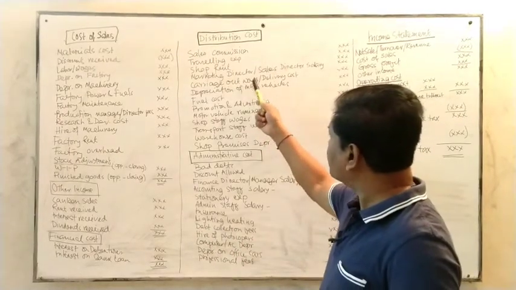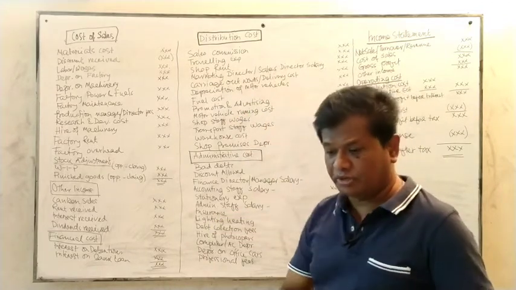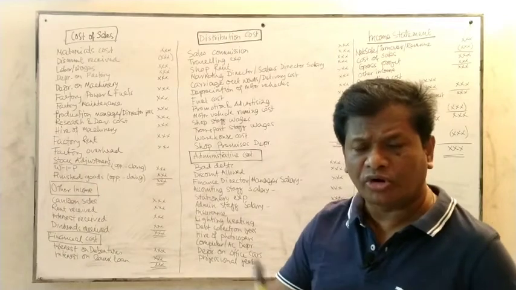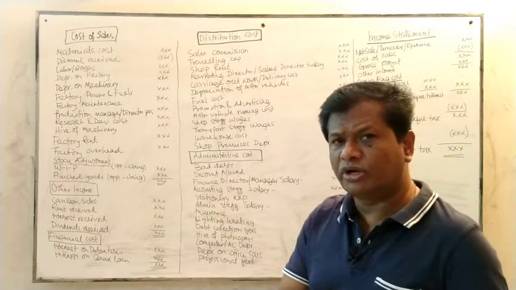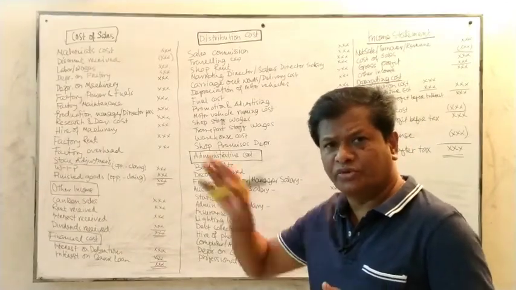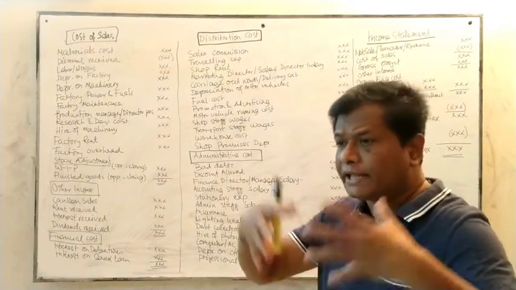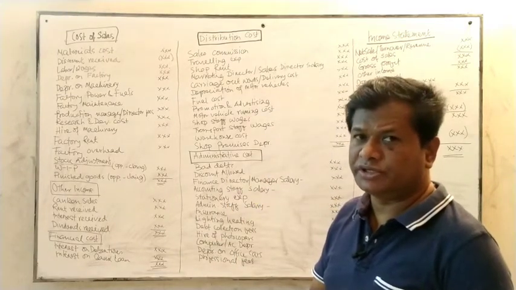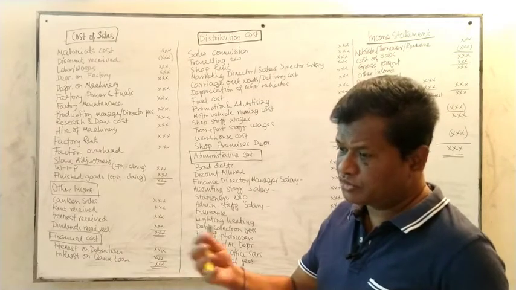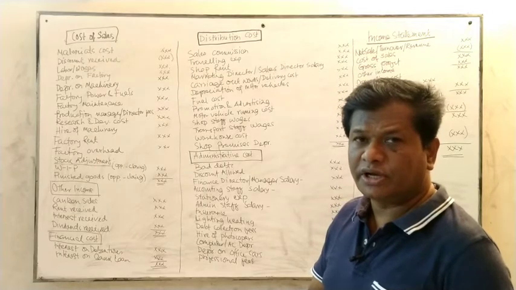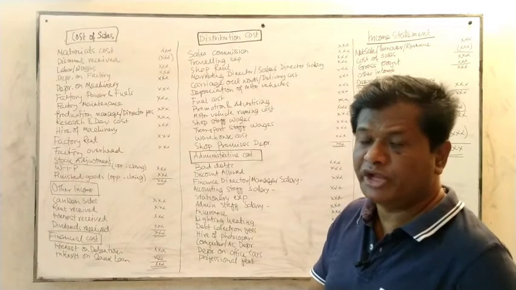That is the carrying cost or delivery cost. Then depreciation of motor vehicles, maybe in the marketing department. A lot of vehicles are over there, because with a lot of customers and their outlets, you need to reach your product to their outlets. So some of the transport costs, some of the vehicles over there, and those vehicles need to be depreciated, because anytime vehicles can become dysfunctional or go out of use, they have to be replaced. So depreciation is the common element for any organization.